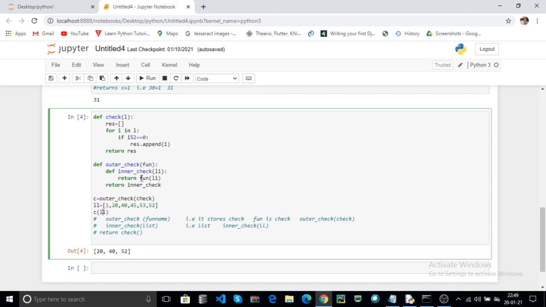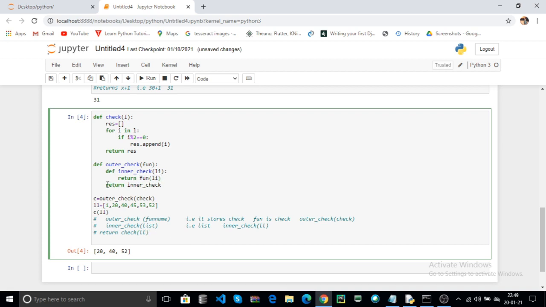Here the function is replaced by check. Here check of li is the list argument. Here ll is the list, I pass ll. Here check of your list.